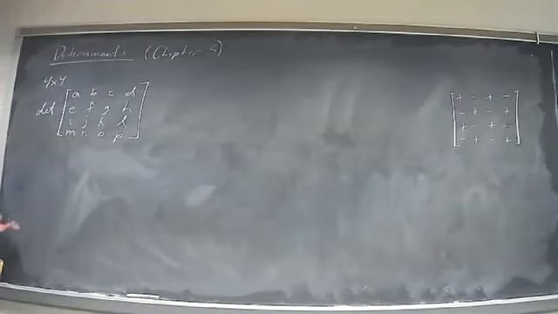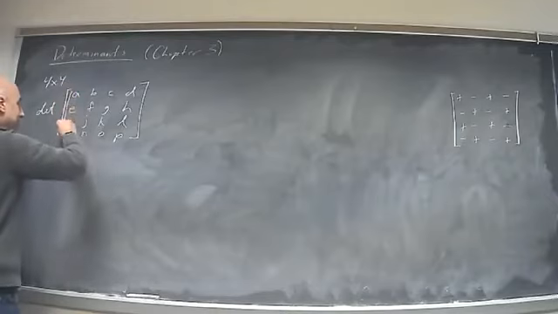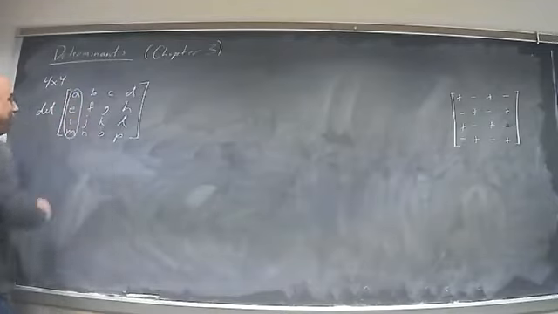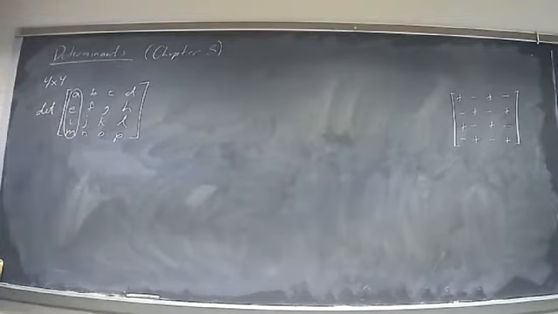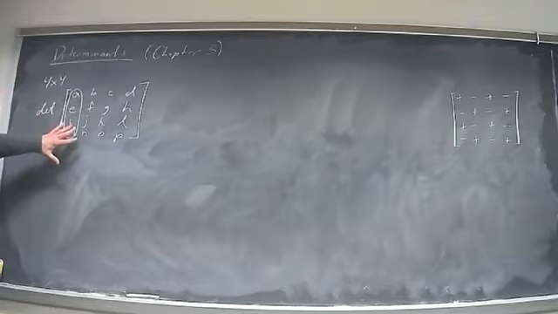Let's say I want to go down the first column. You could go across any row or down any column you want. I'll go down the first column. Then the determinant of this matrix is equal to